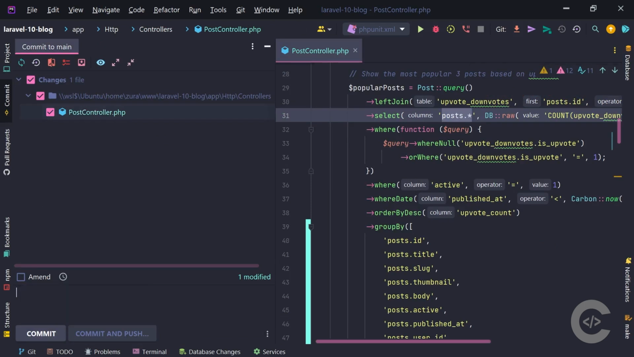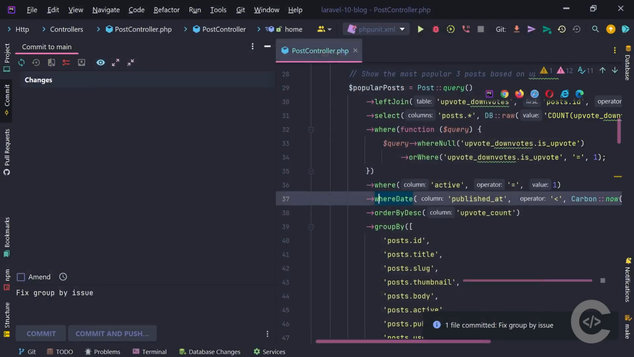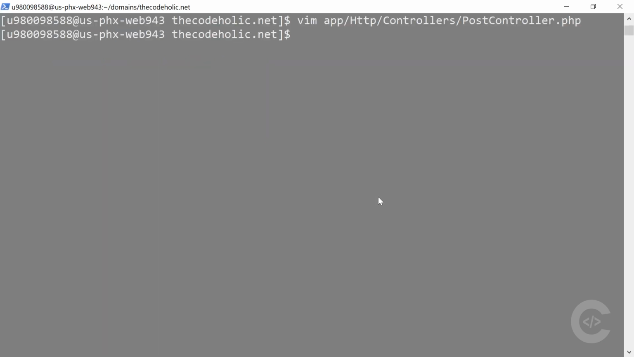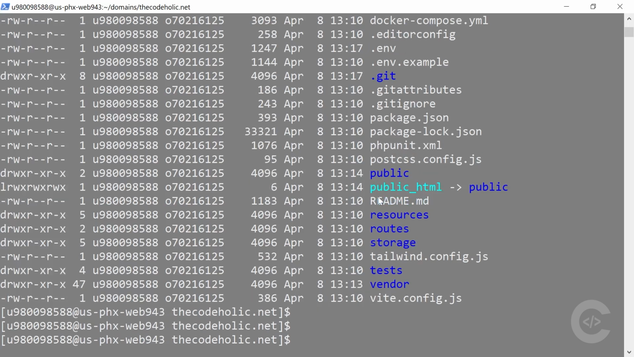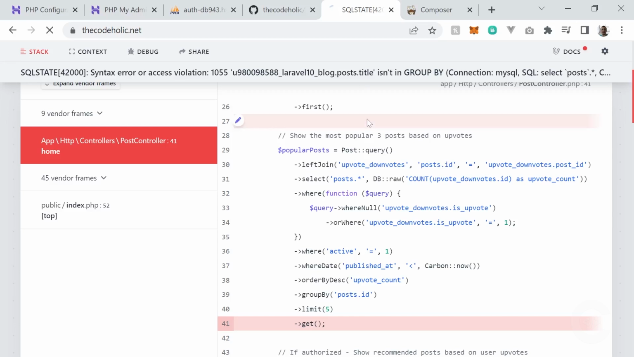So let's commit this: fix group by issue. Let's commit everything. Now let's push that. And now let's open PowerShell. Let's quit from here, don't save anything. And we are inside the project, right? So I'm going to run git pull to get the latest changes. And here we see post controller was updated. Now, if I check in my browser, reload the page,